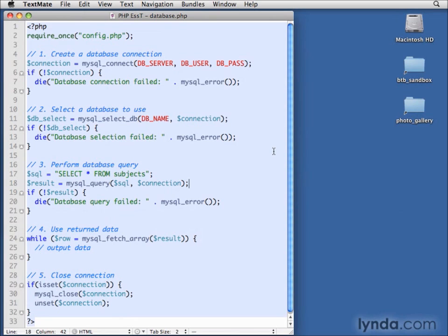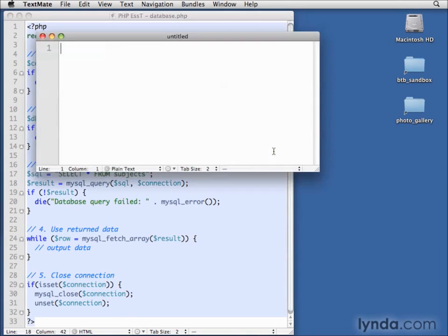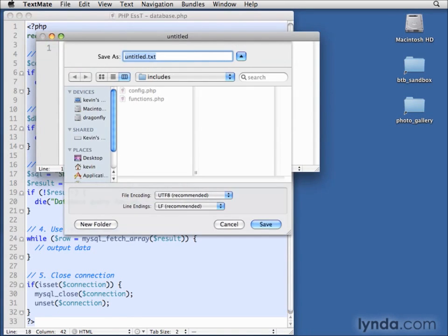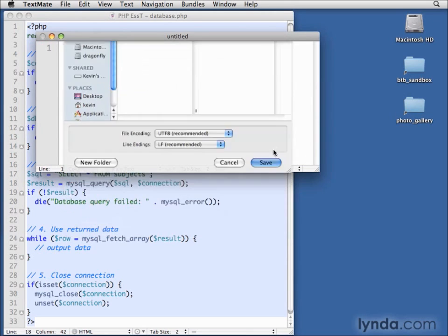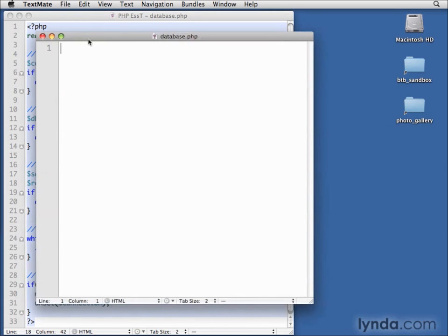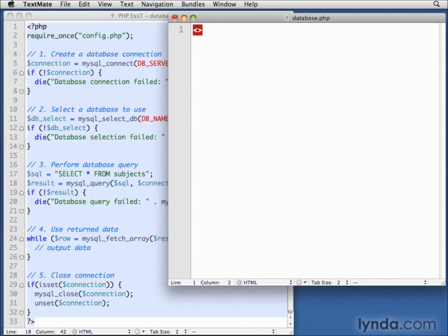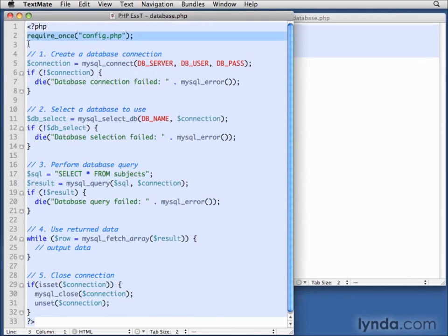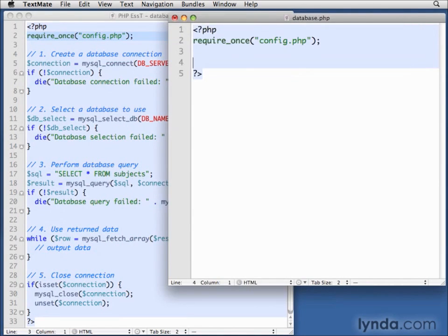Now let's see how we can put these into an object. I'm going to start by creating a new file, and we're going to save it in our includes directory as database.php. And let's just open this up a little bigger, and we'll just put it over here so that we can see both at once. Now, we know that we still are going to want to do this require, right? That hasn't changed at all. And that'll happen even before we define our class, which will be